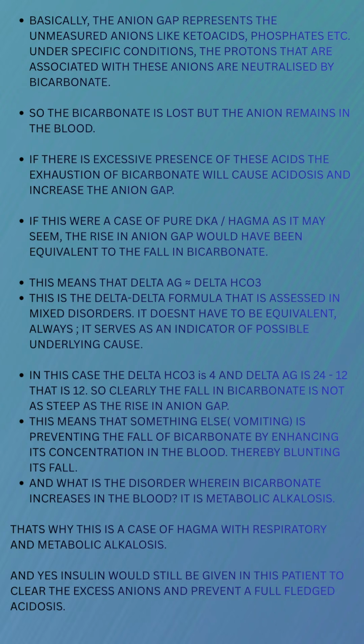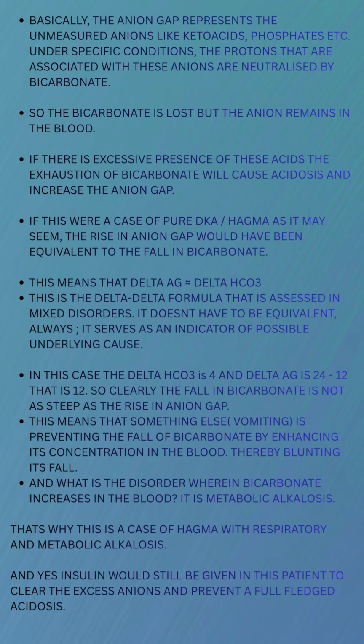So basically the anion gap represents the unmeasured anions like keto acids, phosphates, etc. Under specific conditions, when the acids enter the bloodstream, they are neutralized by the bicarbonate. So therefore the anions remain in the blood, but the bicarbonate is used up. Now, if there is excessive presence of these acids, there will be exhaustion of bicarbonate after some time, causing acidosis with increased anion gap. Now, if it were a case of pure HAGMA, as it may seem, the